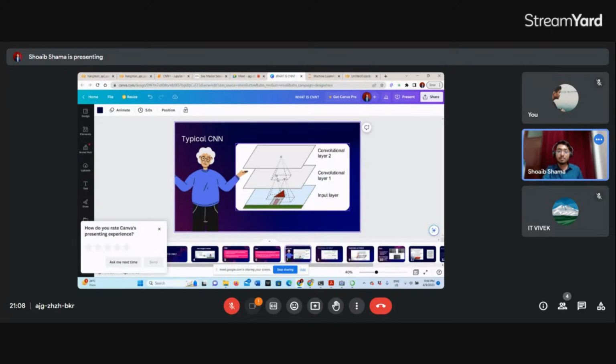जैसे आप इसमें देख सकते हैं कि जो कॉन्वोल्यूशन लेयर 1 है, it's responding to only its receptor field, and like this neuron also is responding to its receptor field only. And in convolution layer 2, this neuron is responding to its receptor field only.